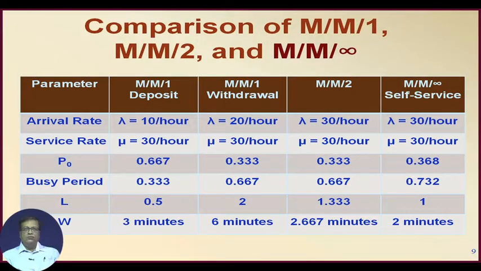This gap, because see here rho is lambda by S mu, which is half, because lambda is 30 and mu is 30. So, 30 by 60, S is 2, 30 by 60, so the utilization is only 50%. But the system is busy 66.7% of the time, so where did this remaining 16.7% come from? We have to understand that this gap is really coming from the consideration that